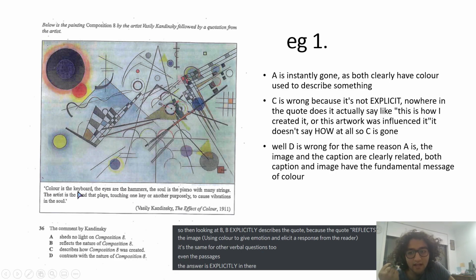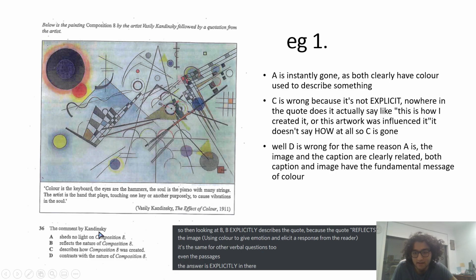And when they see the color, which is the keyboard being played, which is what the artist was doing, they get vibrations in their soul. So basically, what this whole thing is saying is that the artist uses colors, right, so that the viewers look at those colors with their eyes, and then they are touched by it. Okay, so let's read the question.